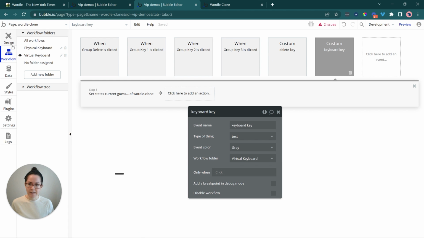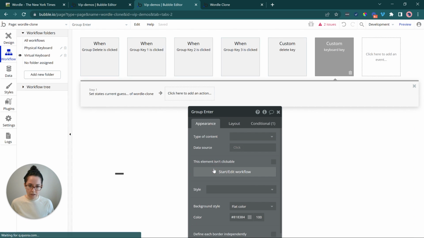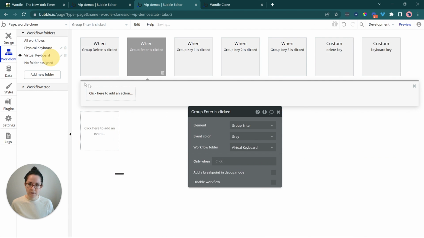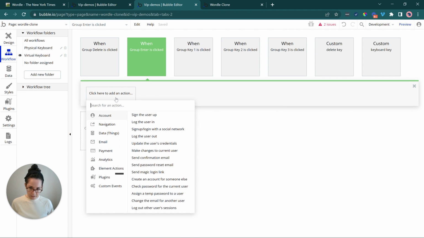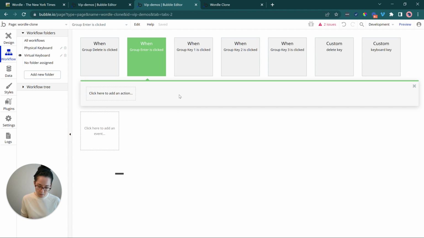Okay, so on my page, when the user clicks on enter, where's my enter key? I haven't programmed that one yet. That is here. Okay, so group enter is clicked. This is in our virtual keyboard. We'll go there. And I'm going to make this green because that's our submission. So here I'm going to, oh no, I don't want to schedule that workflow. I don't want to trigger it from the page. I actually need to go through